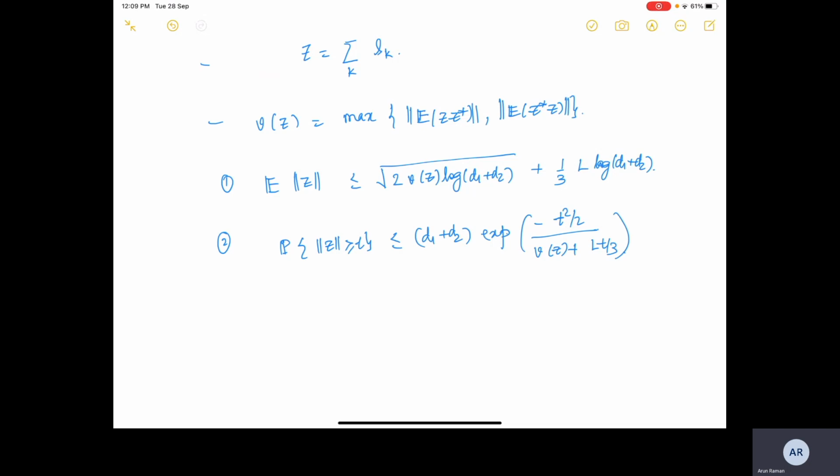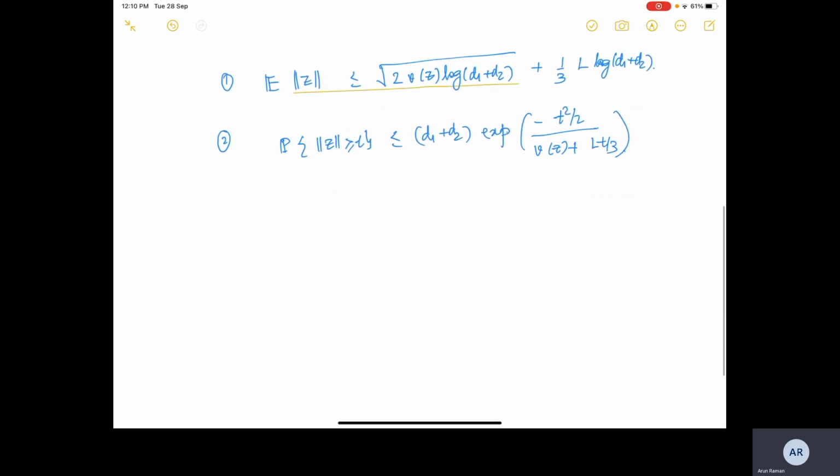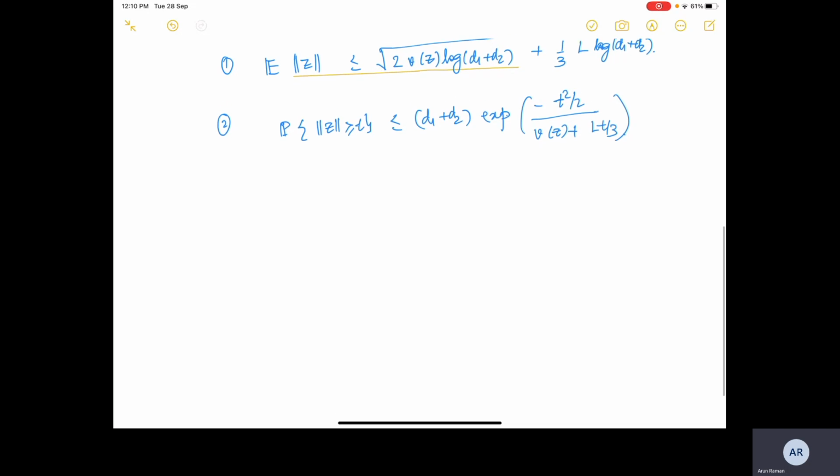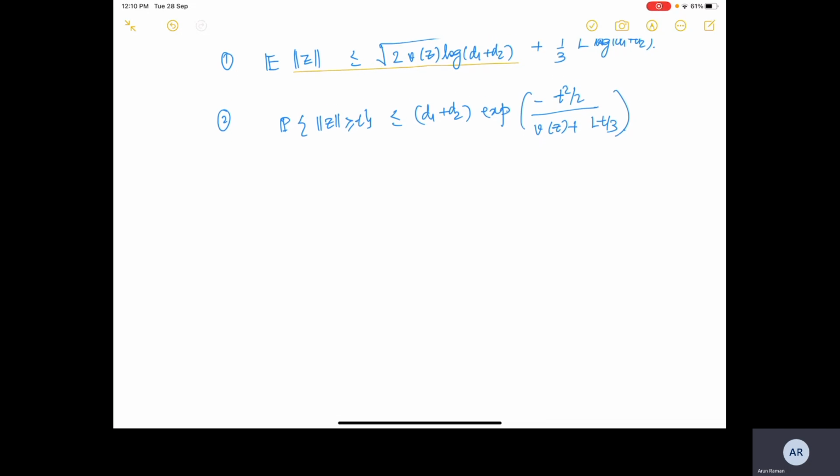So today we will be looking at one of the applications of the matrix Bernstein inequality. In the first lecture, when we discussed the matrix concentration inequality, we looked at one more application of the Bernstein inequality. If you remember, we discussed the covariance estimator using sampling. So today we will be discussing one more application of the matrix Bernstein inequality.